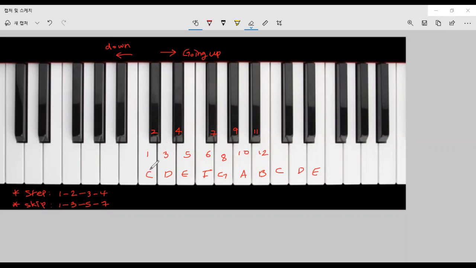All right, so let's look at the note names here. Sharp looks like this, and then flat looks like this. Sharp means half step up, okay? And flat means half step down. I said half step, right? Half step means you go from number 1 to number 2, okay? It's a half step up, or